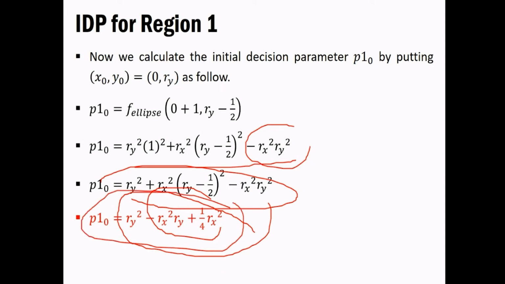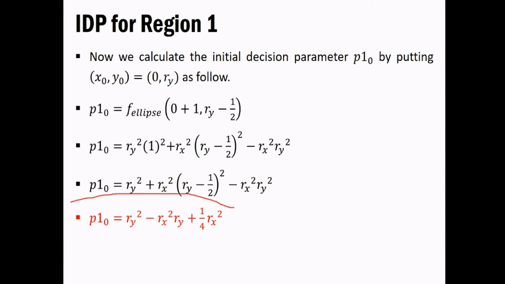Okay, if you don't understand right now, then just keep a note of this, that is, how many equations you have got so far. Okay, so we have derived one thing for the intermediate decision parameter as well as for the initial decision parameter that we have calculated for region 1. Similarly, we have derived one more thing to check whether to switch from region 1 to region 2. Keep that handy with you as well.